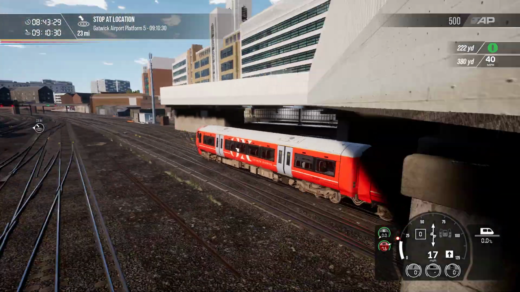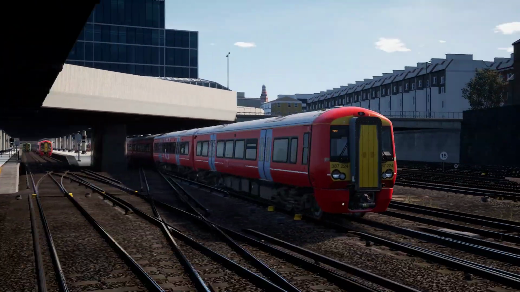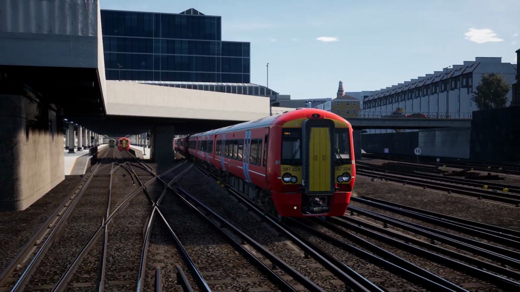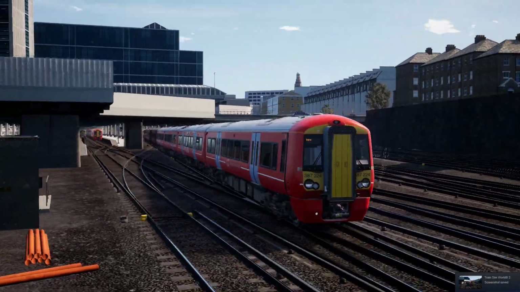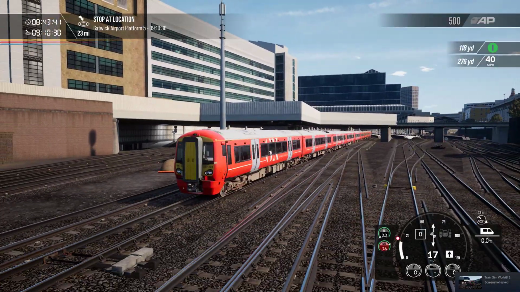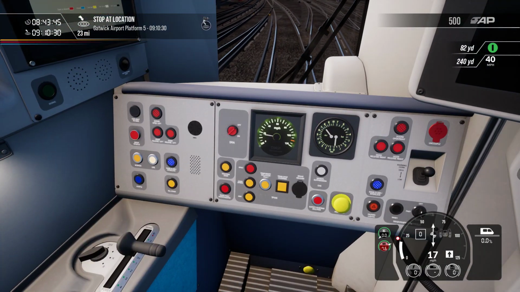London Victoria Station looks fairly accurate, I think. You know, from what I recall, they've done a decent job of it. You know, it's a fair representation. Now, is there a red signal? They're a bit under speed, but